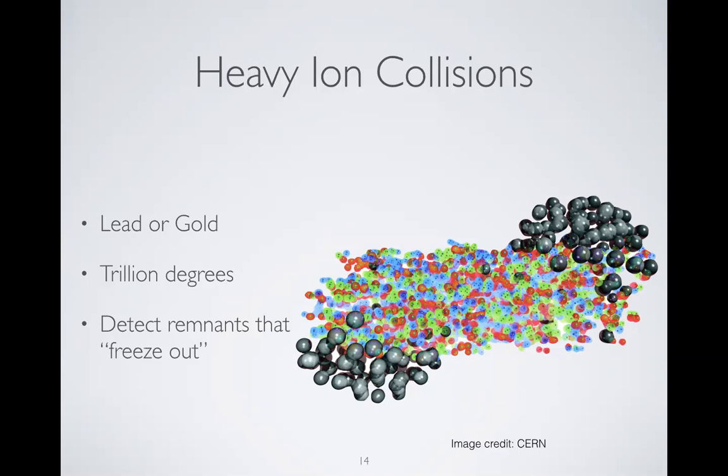So how do we make this, right? You can't just take a nucleus and actually just squish it by hand or like with pliers or something like that. There's no way to apply that amount of force. So the way that it's done experimentally is in heavy ion collisions. So you take a lead or a gold ion, stripped of all the electrons, accelerate it in a particle accelerator, and collide them together.